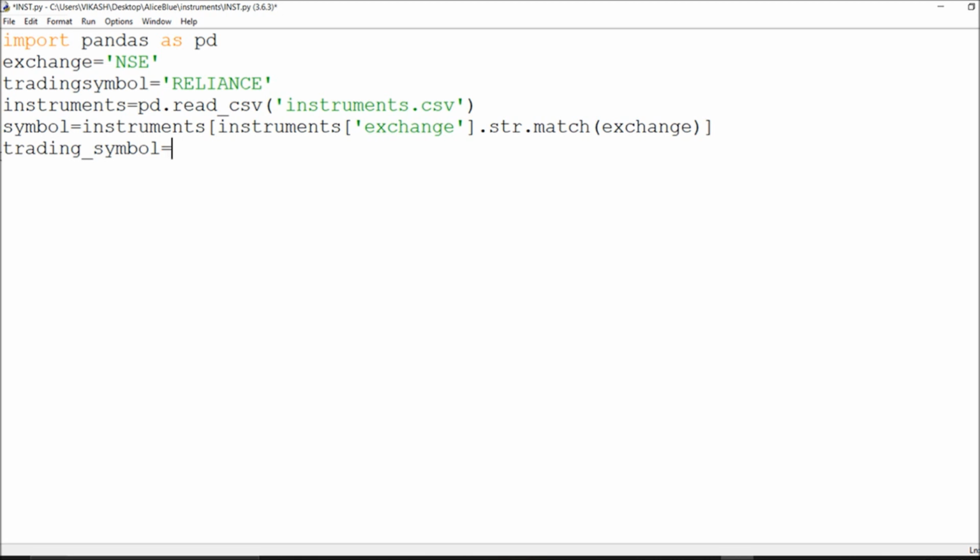This is the exchange. I want to fetch a particular symbol, the trading symbol I want to get. So I will say symbol of symbol, because we already filtered this.